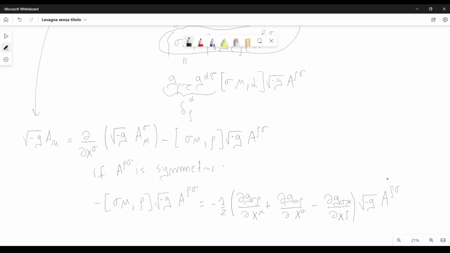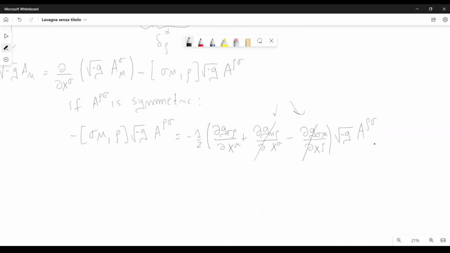Since a rho sigma is symmetric, in this case, these two terms are going to give me zero contribution because we are summing over rho and sigma with a symmetric tensor here, a rho sigma. Therefore, these two terms will cancel. So we are left with